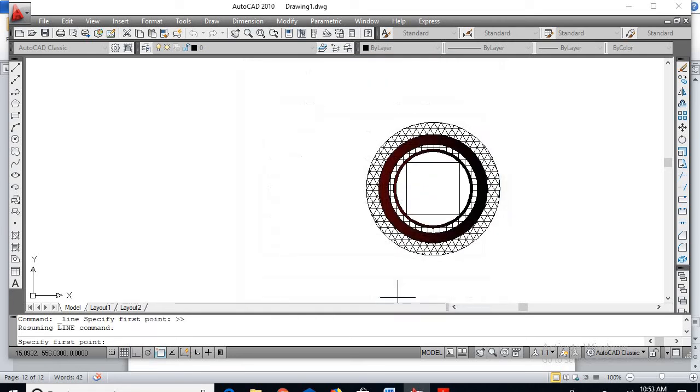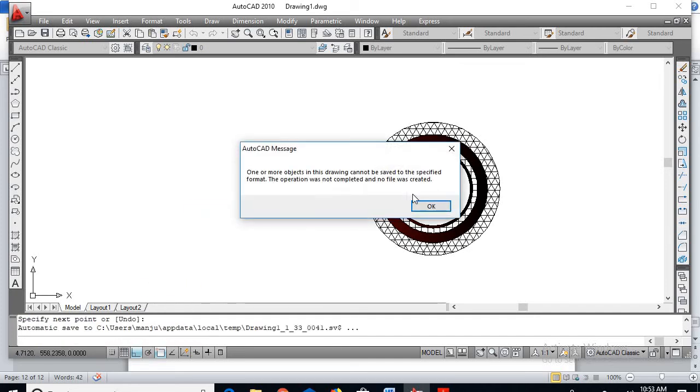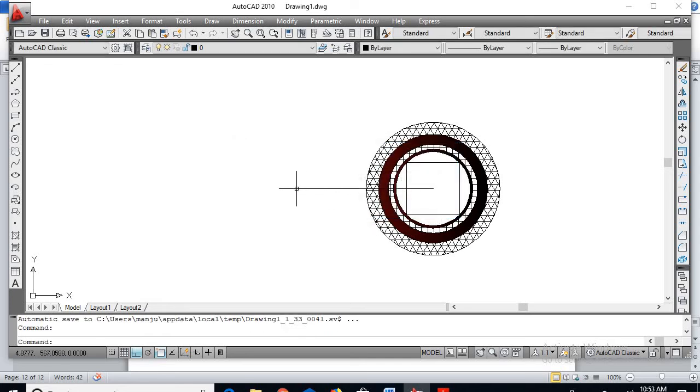Select also, okay. So here I am not getting the center midpoint, so better draw the line. So now I am getting it, go for line. So from center towards left or towards right, draw a line which is of 15 centimeters. So now this is the distance from center to center of the circle.